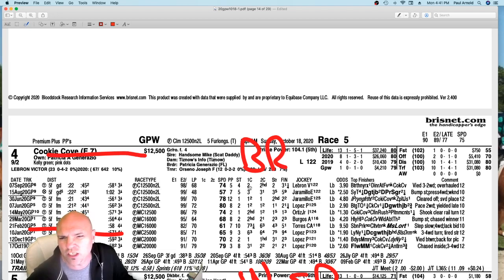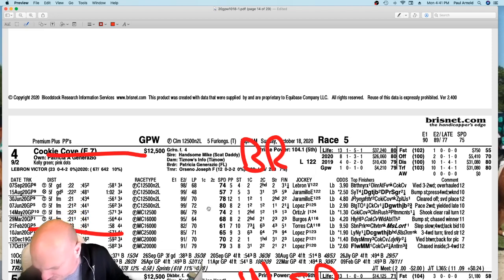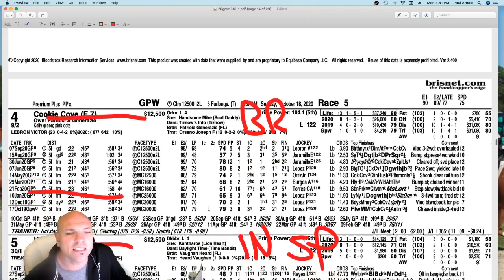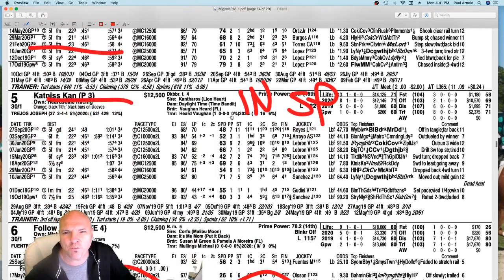The 4 definitely looks like a speed horse, right? Can't rate his last race. 2 races ago, rail was bad. He wasn't on the rail. 3 races ago, I really got no comment. But he's definitely a speed horse. So he gets labeled there. The 5 horse, because of the 2 scratches, is going to go in the first column